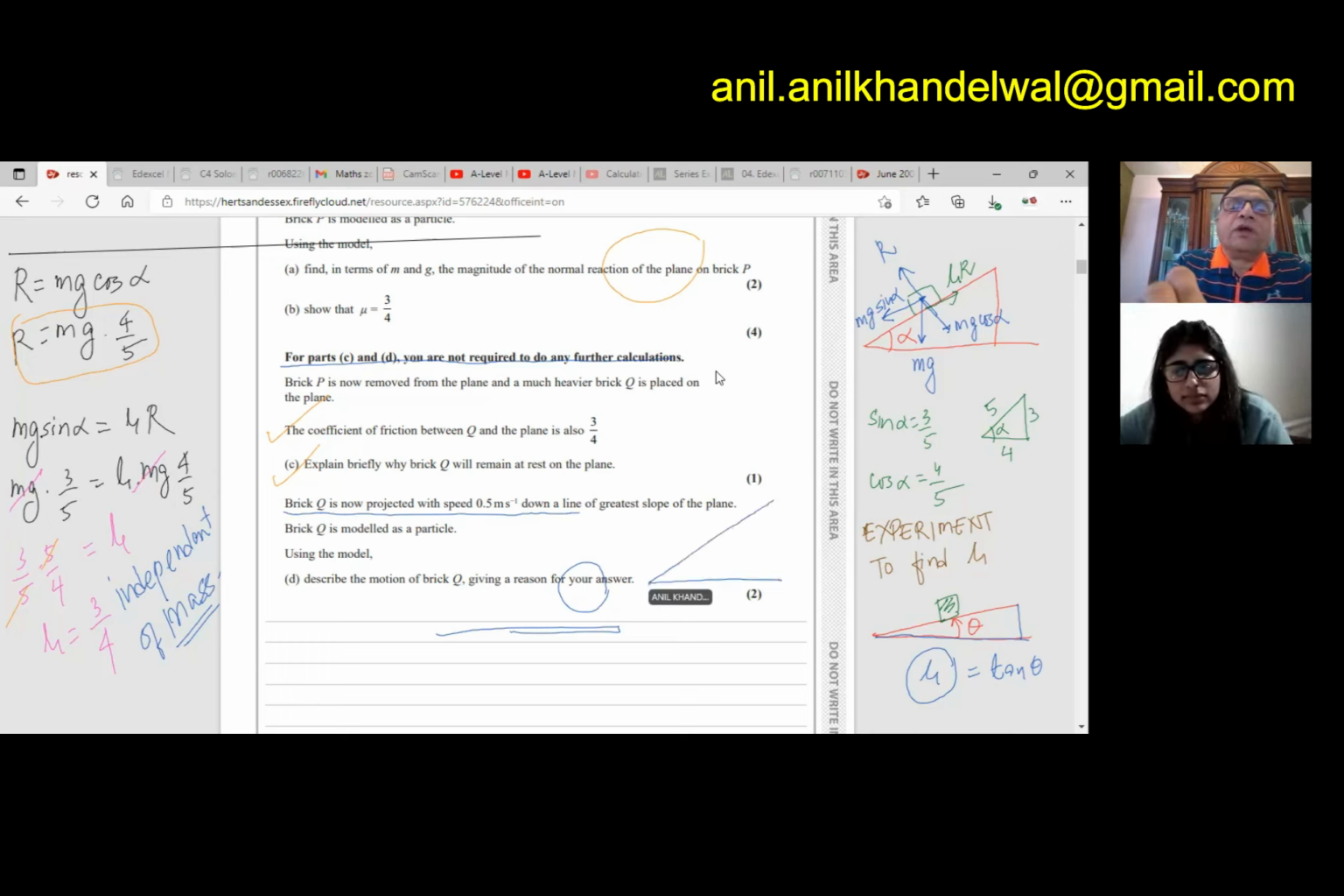So instead, we now have a body. It doesn't really have a mass, but we are given some mass. Let me write capital M now. Is it okay? Q is now projected with so much speed down the line of greatest slope of the plane. Brick Q is modeled as a particle. Using the model, describe the motion of brick Q, giving a reason for your answer. Because it is projected with this speed, that means,